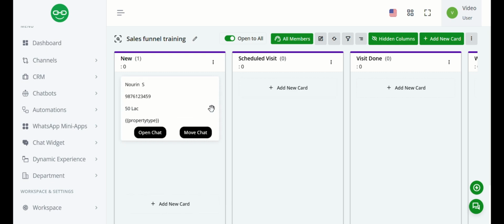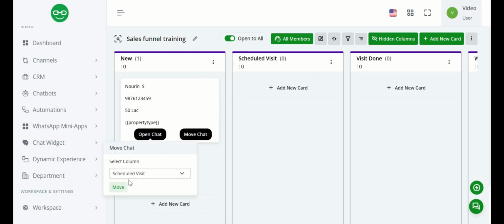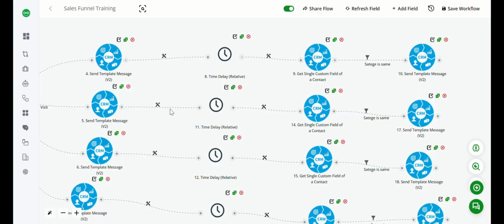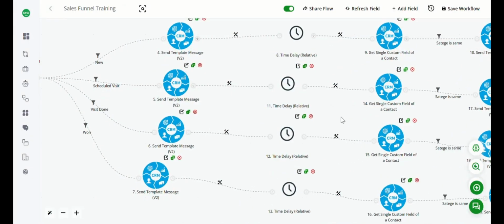If our lead is updated from new to scheduled visit, then this section of the bot drip campaign will get followed. Similarly, if the lead is updated from scheduled visit to visit done, this section of the flow will be followed.